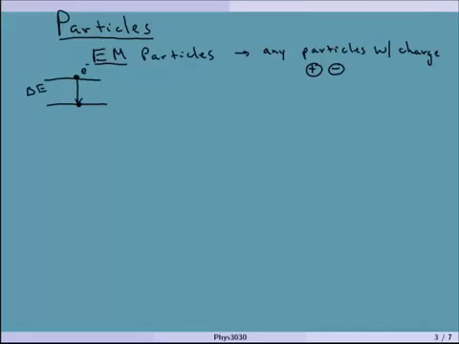Remember that it emits a photon. Okay, and I'm going to write the symbol for a photon. The photon symbol is this one right here, a lowercase Greek letter gamma. As you've probably guessed, the e with the negative sign is the symbol for an electron. And it emits this